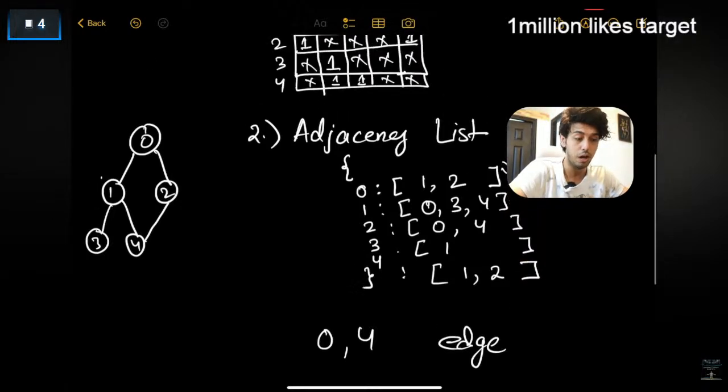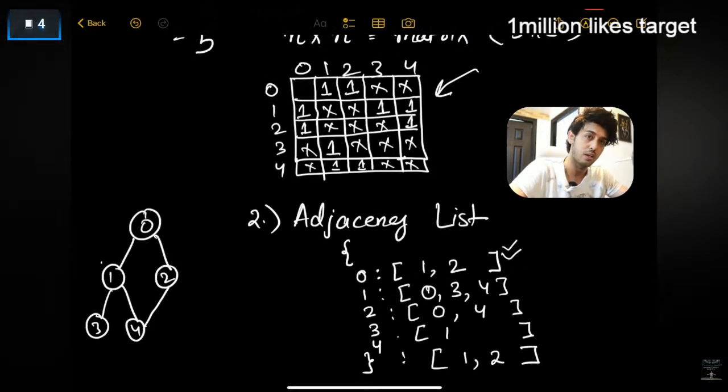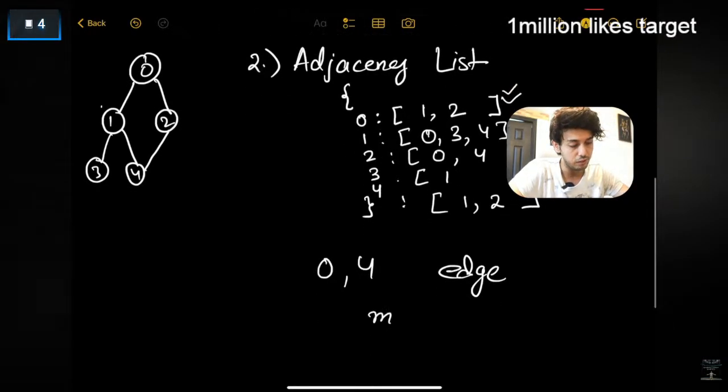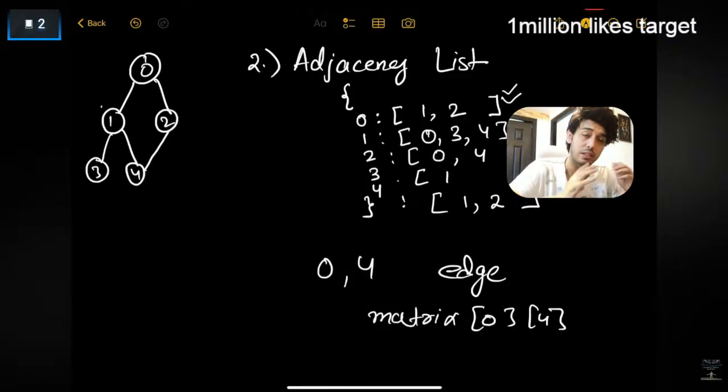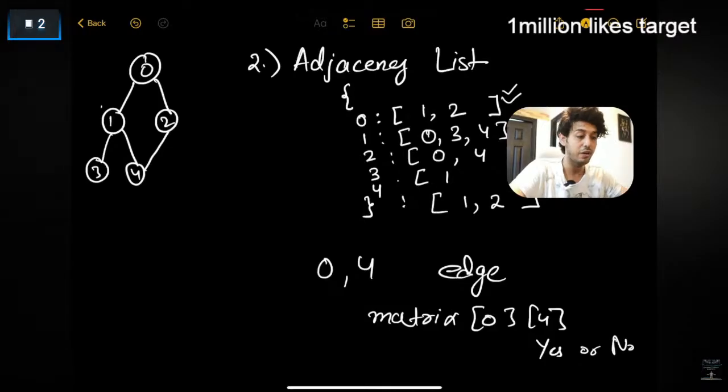ये क्वेश्चन अगर मैं आपको पूछूं और अगर आप मैट्रिक्स में स्टोर करके रखे हो तो आप डायरेक्ट उस एरे का उस सेल को एक्सेस कर पाओगे, राइट। डायरेक्ट आप ये वाले सेल को एड्रेस करके 0,4 O ऑफ 1 एक्सेस, कांस्टेंट टाइम एक्सेस में आप वो बता पाओगे कि यस और नो, राइट, करेक्ट।